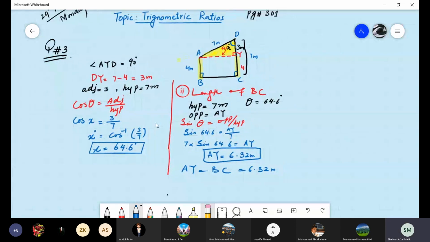Any problem, any doubt, any confusion? You can ask. No, ma'am, no doubt, no confusion. Is it easy? Yes, ma'am. Complete it then. Ma'am, we have to do question 4. We have to do question 4, but first of all, complete this. Yes, ma'am, I've completed it. Daniel, complete it? Yes, ma'am, I've written it. Okay, then go for question 4. Draw that figure with the pencil and scale. Okay, ma'am.